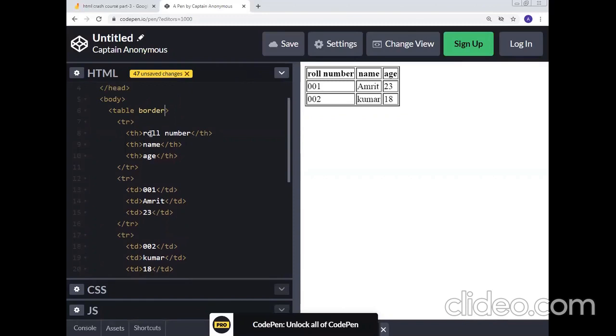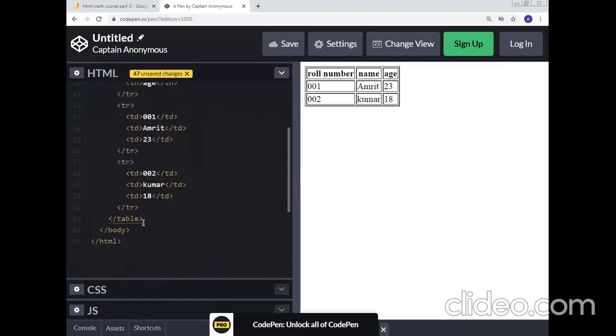So what is this table used for? It's used for creating tabular data like this mark sheet, one use. Another use is comparing plans. When we have a premium plan, these features are available, these are not available. When we have a premium plus plan, all the features, these ticks we have, right? And when we have a basic plan, these are not available, these are just available. We have a free plan, only these are available and these are not available. To compare that, we can use this. And even for comparing tickets in flight, booking tickets in flight, and those kinds of representations, we'll be using a table.